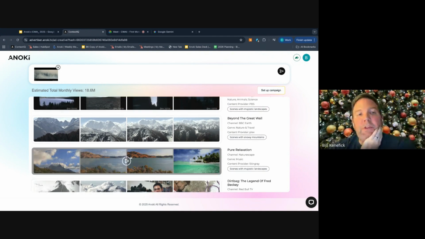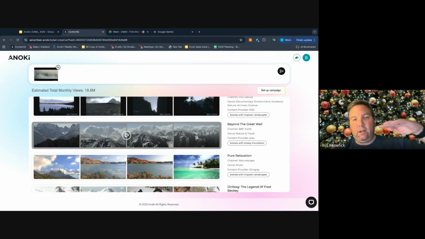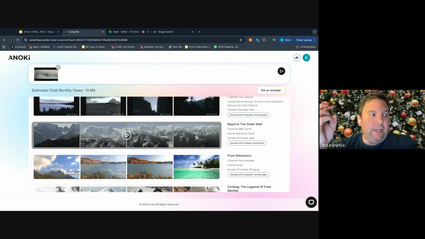Okay, so these scenes are already existing in pre-developed content. So this is a show called BBC Earth channel about the Great Wall. So this show is going to be running on connected TV on a schedule every day or every week, no matter what. We're simply organizing the ad breaks that make sense with the contextual prompts. So is there a potential for two different brands to want to be around mountains? Possibly. But we're just essentially curating and refining or filtering the ad slots based on the prompting that we need to do or want to do. Okay, thank you.